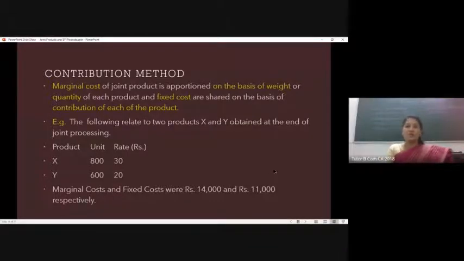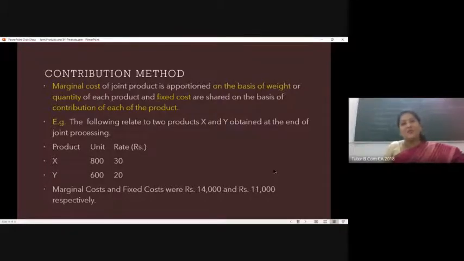Now here you have to remember that the cost is classified into marginal cost and fixed cost. We learned the concept of marginal cost and fixed cost in our last semester, but I'll repeat that once more. Listen to me very carefully. That is, in the contribution method, we are classifying the cost into marginal cost and the fixed cost, and the apportionment